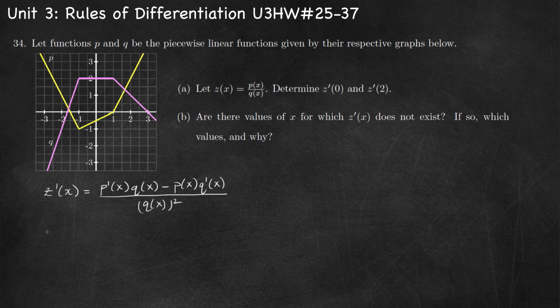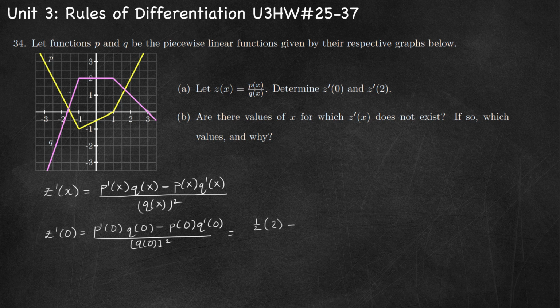Z prime of 0, we just need to substitute 0 in for x. So that's going to be p prime of 0 times q of 0 minus p of 0, q prime of 0, over q of 0 squared. P prime of 0, so looking at the graph of p, when x is 0, the slope at that point is 1/2, times q of 0, so looking at the graph of q, the purple one, when x is 0, q is 2,